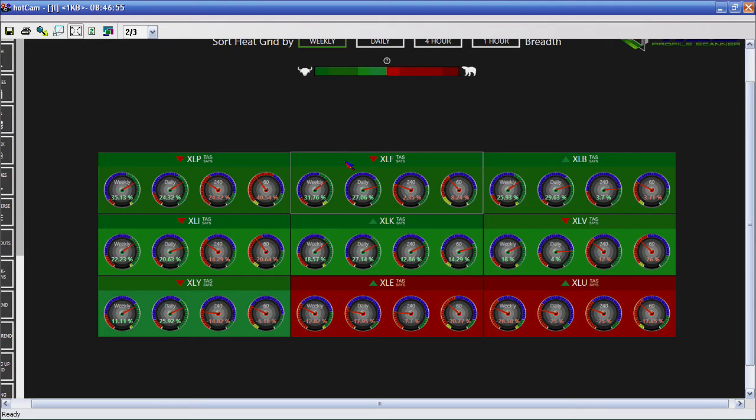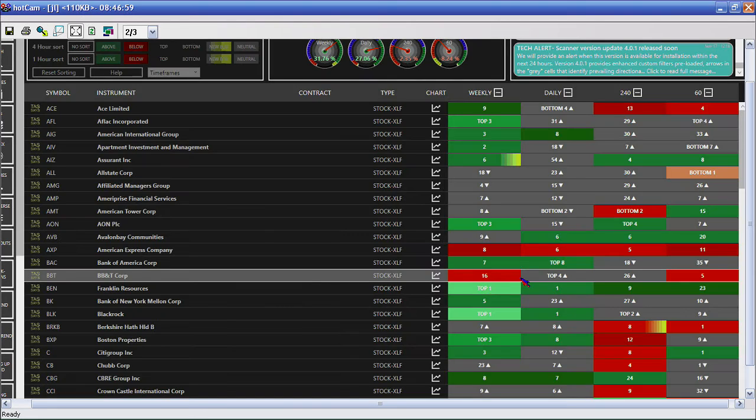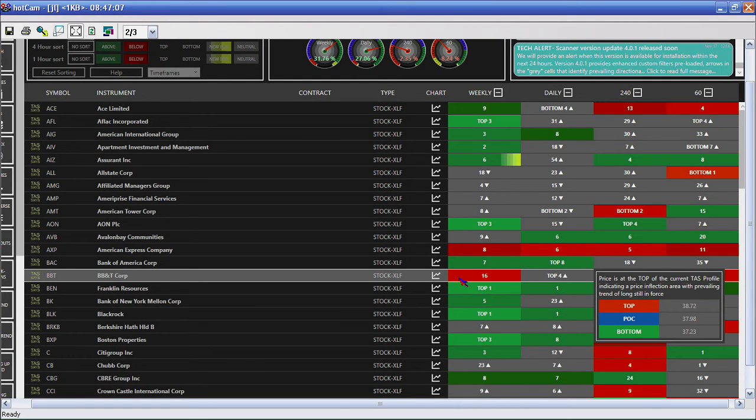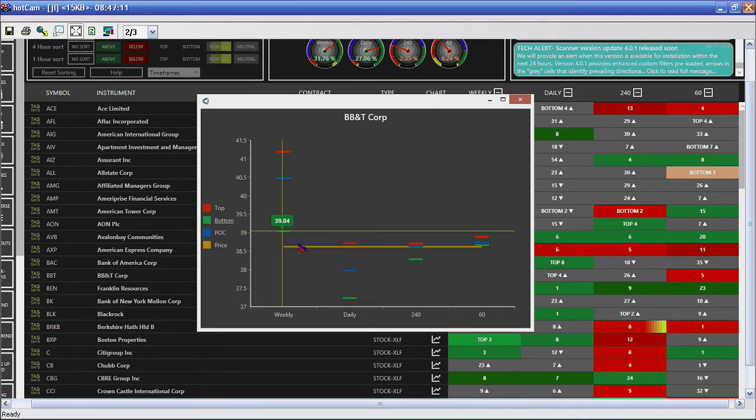There we go. All right, so I'm going to go into BBT. I see BB&T in my scanner grid, and I get some information there, but I see it's also at the top of a profile on my daily. So it's very near the weekly unfair lows. It's already bounced off of there on the downside. And we've got kind of a dual inflection point lineup here. That's a nice little DMZ to bank off of on the short side.